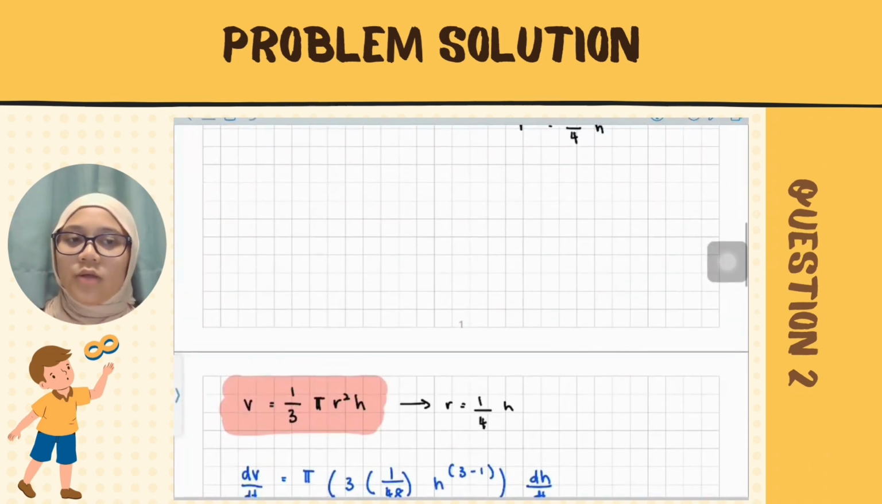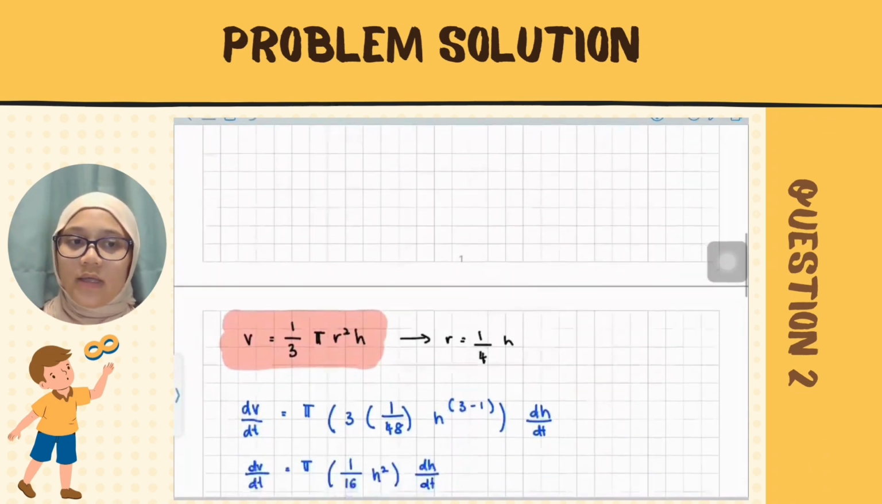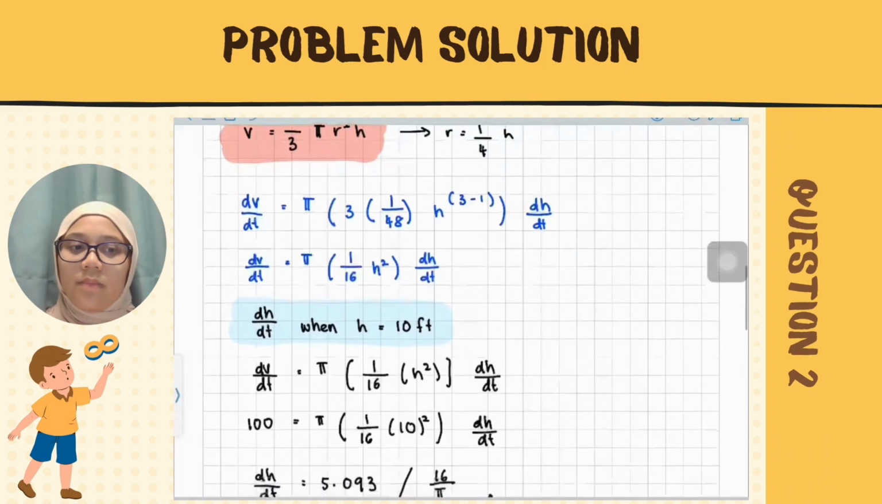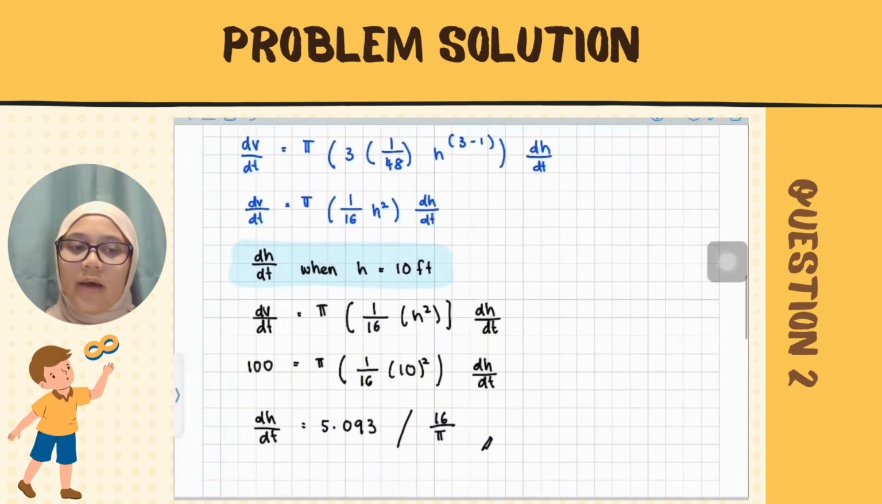And then for the rate, we are going to write dV over dt equals pi multiplied by 3 multiplied by 1 over 48h to the power of 3 minus 1, dh over dt. So it will be pi 1 over 16h square dh over dt, and then, if we remember, when h is 10 feet, dV over dt will be pi multiplied by 1 over 16h square dh over dt. So dV over dt is 100